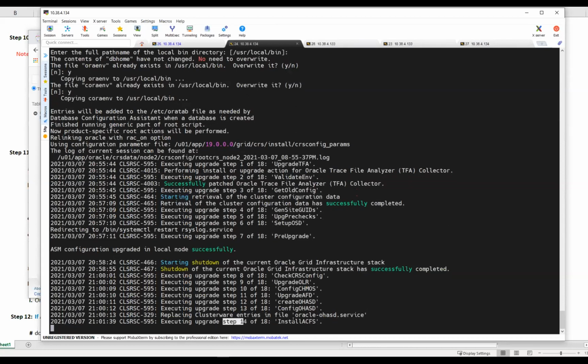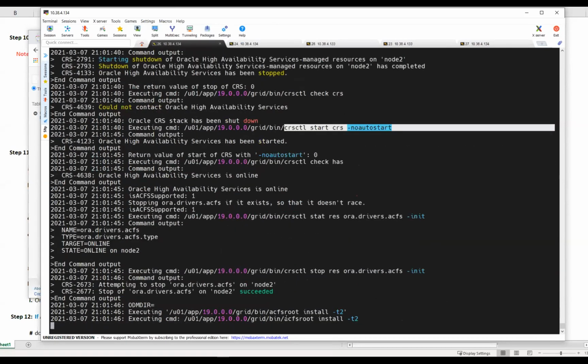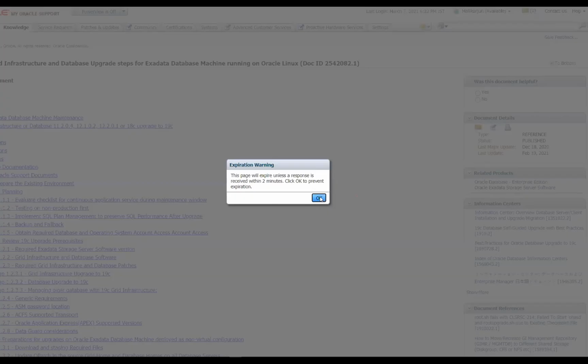Okay, step 14, install ACFS. Meanwhile, let it go because in another few moments it will be done.